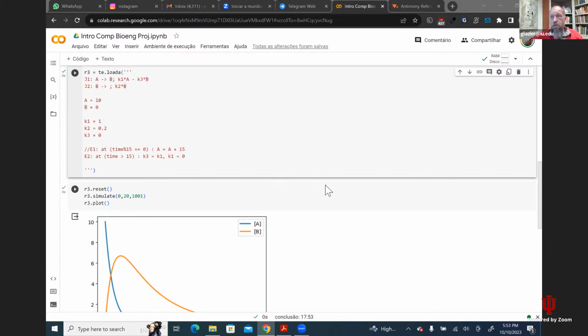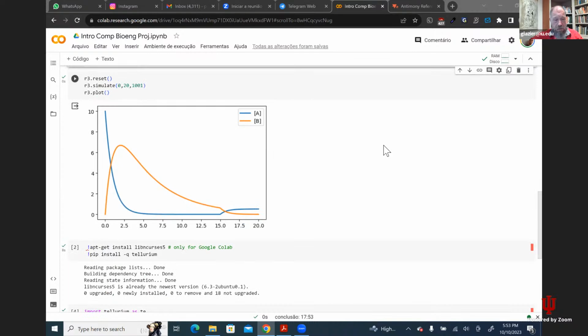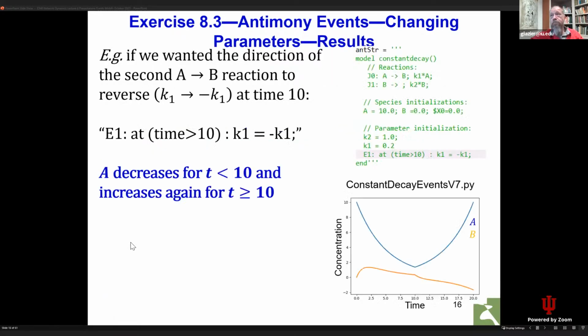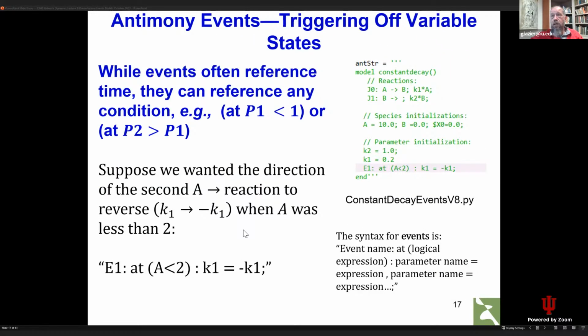Anybody else? These are great examples. I think it's good to explore. I mean, it's a simple concept, an event, but it's pretty powerful. And here's our example of that divergence that we saw. Okay. We've triggered always on time,